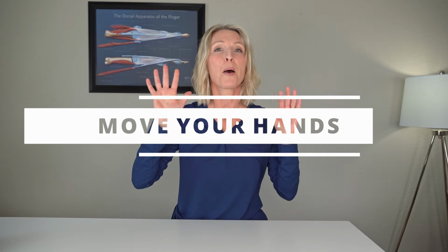Number 5, move your hands. Remember, your hands do have muscles, so get them moving to help pump some blood flow to your fingers. And a good exercise to do that is this thumb tip to tip exercise, where you simply touch the tip of your thumb to the tip of each finger. That gets all the fingers moving,